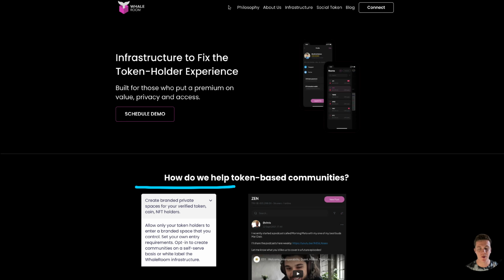If you're not very familiar with what white labeling is, I'll try and keep it short. White labeling basically is taking your Nike shoes and just taking the emblem off and customizing your own emblem. So WhaleRoom will also allow you to work with other companies. If I wanted to build my own token-based community, instead of displaying WhaleRoom, it can be Ninja NFTs, for example, and then I can even add on custom experiences too, and their developers can build out a lot of custom extensions and really dive into your perfect community that you would envision. So for anyone looking to do that, that's always an option too.